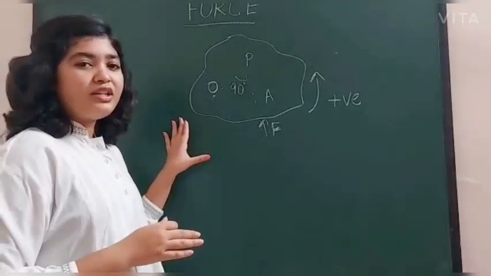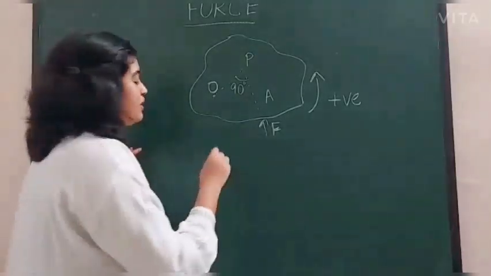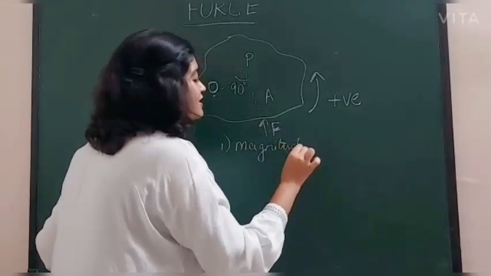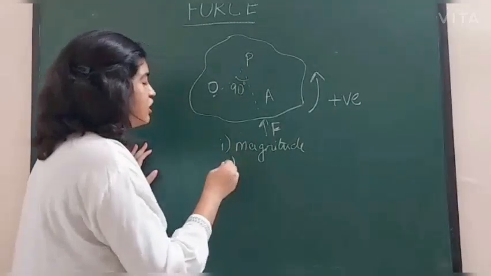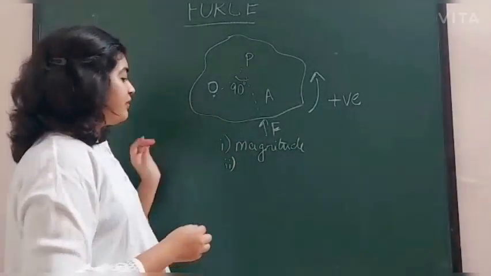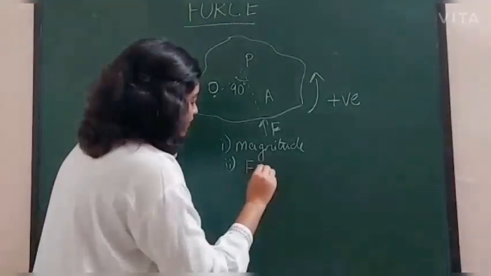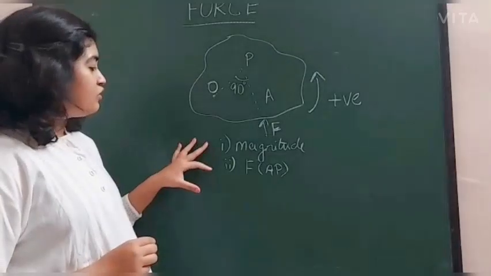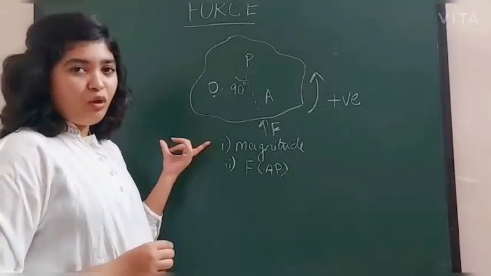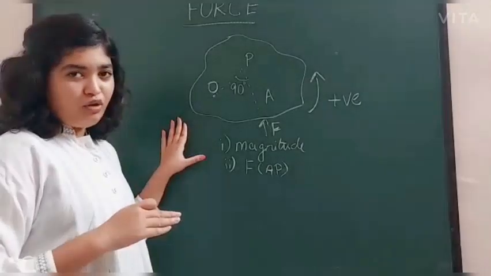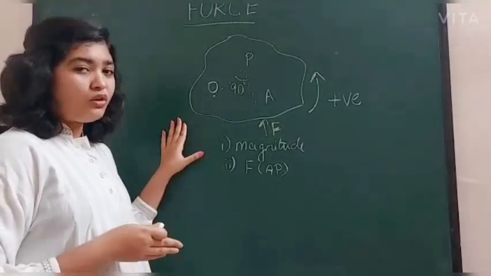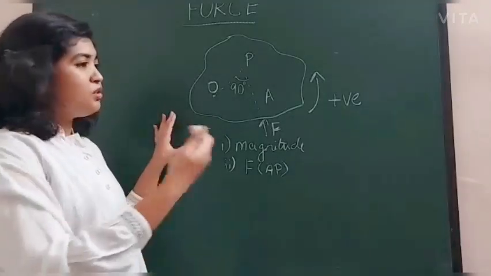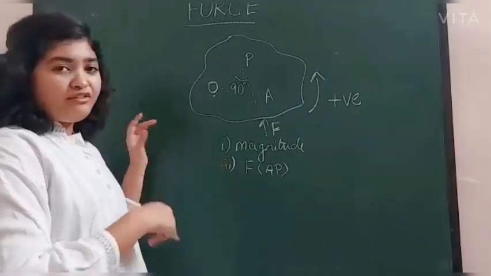So now force is applied through AP and the pivot is over here. The factors which generally affect this are, first, the magnitude of force, and second, the line of action of force through which the body is rotating. So the line of action of force is F, which is AP over here. I hope you understand. So these are the two factors which affect the turning effect of the body. The turning effect of the body depends on the moment of force or torque, and the amount of force you apply.